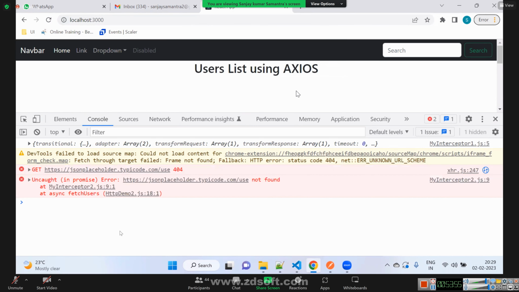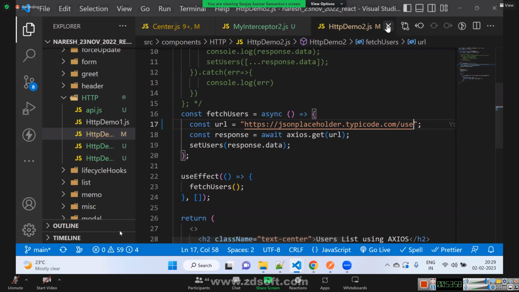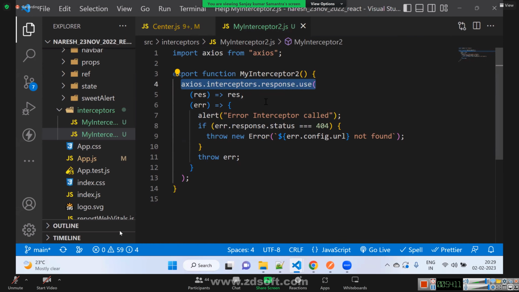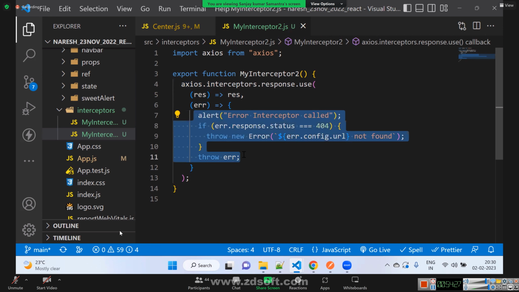This is how the error interceptor looks. Axios.interceptors.response.use: if it returns a response, return the response; if it returns an error, then do this.